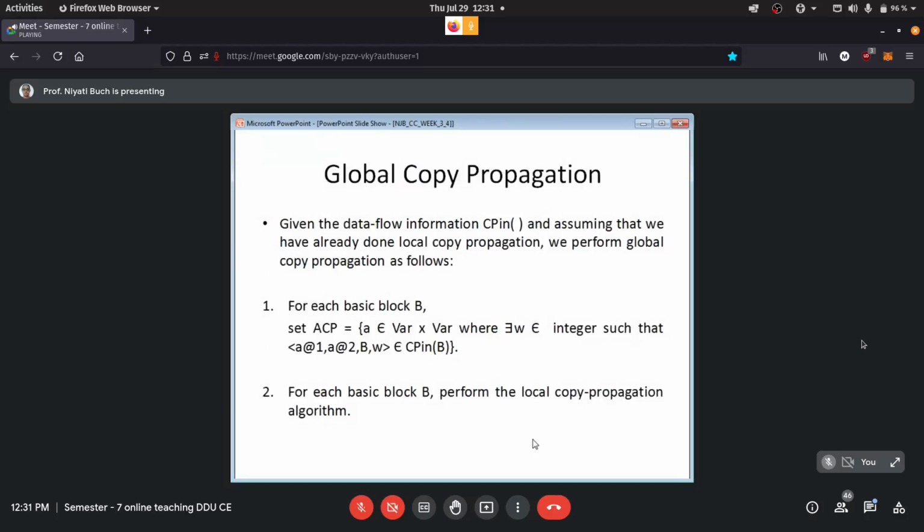Now we are applying our global copy propagation. What we did so far was the prerequisite for applying global copy propagation. Now comes the actual algorithm and the actual steps. The first thing is that we must have done the local copy propagation on all the blocks.